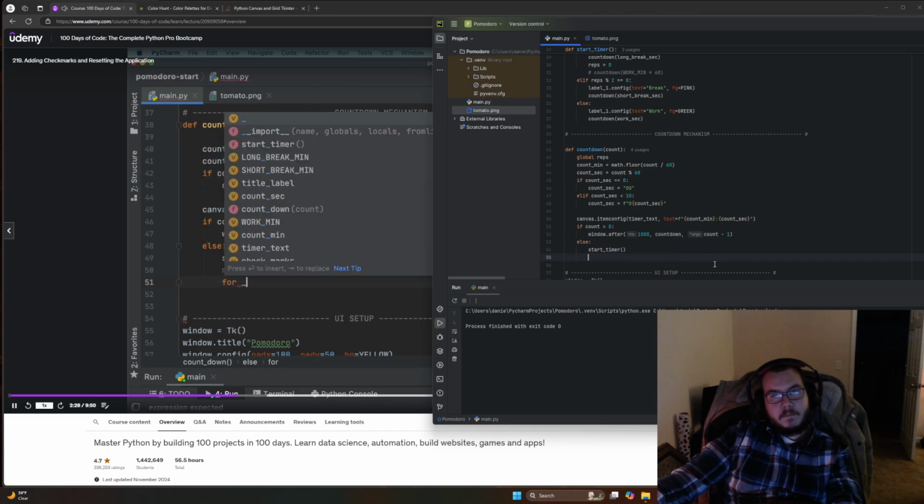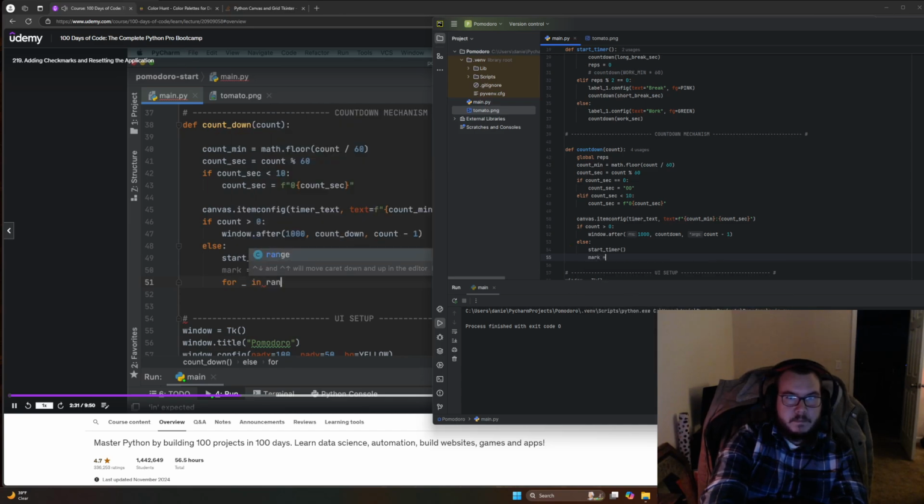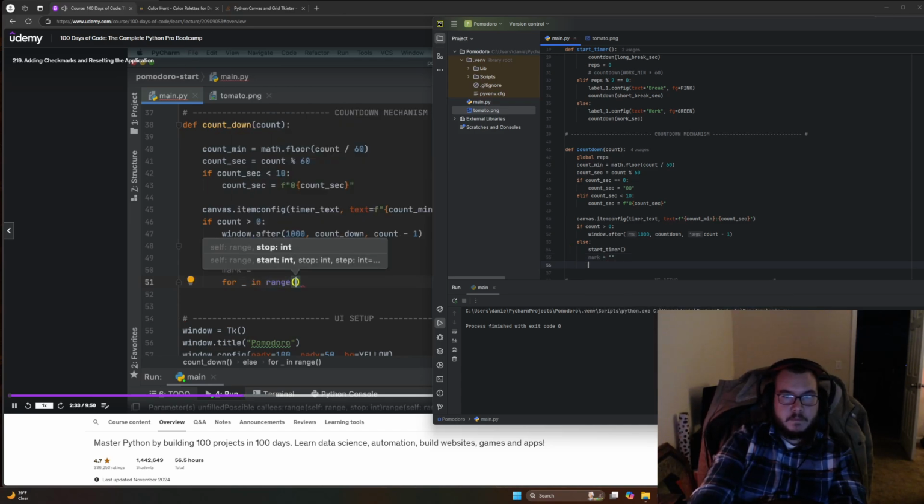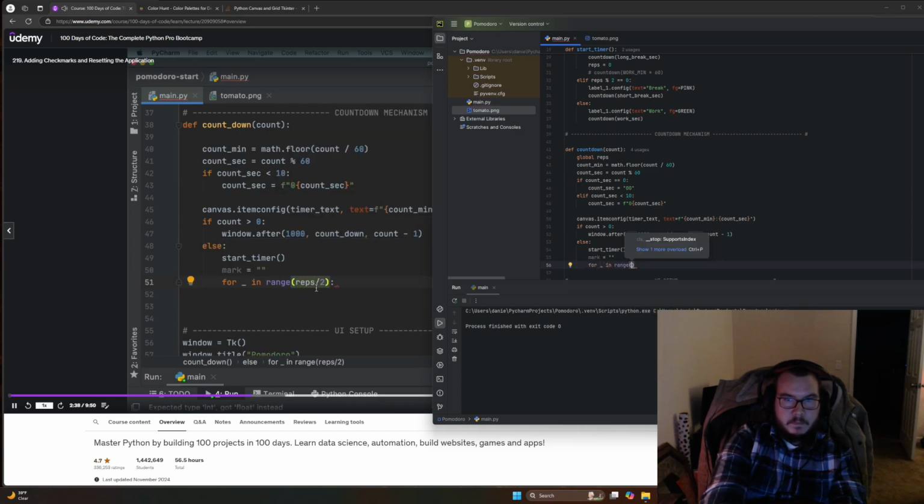And then I can create a for loop to loop through a range. And the range is going to go from 0 up to our reps divided by 2. Now, this is giving us a warning at the moment because reps divided by 2, or anything divided by anything, becomes a floating type number. In our case, we want to use that math.floor again so that we can floor this reps divided by 2 to a whole number, and that way we get the correct number of work